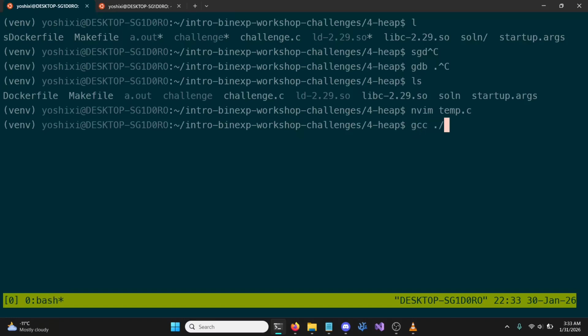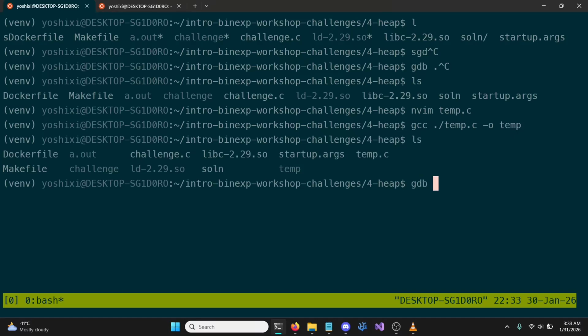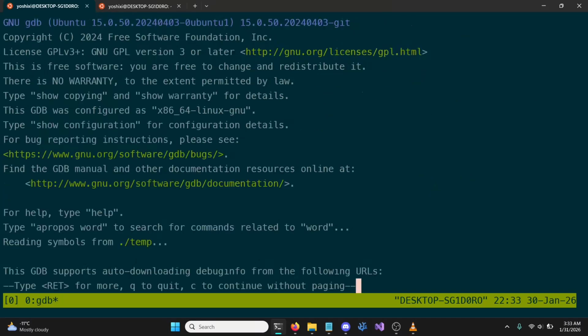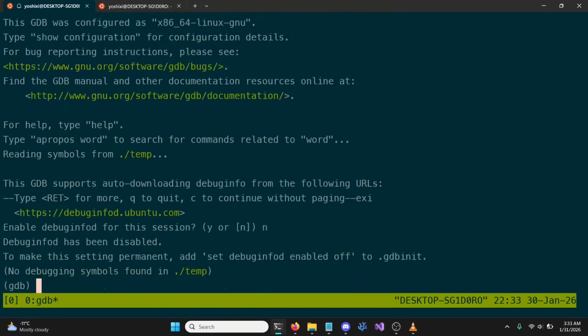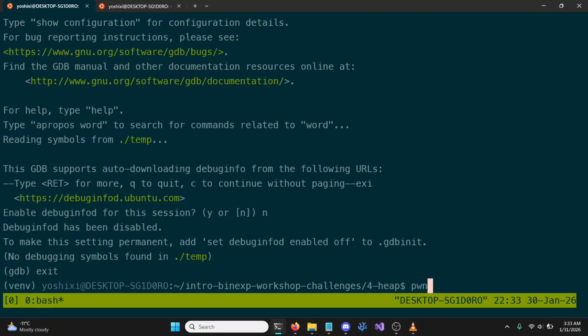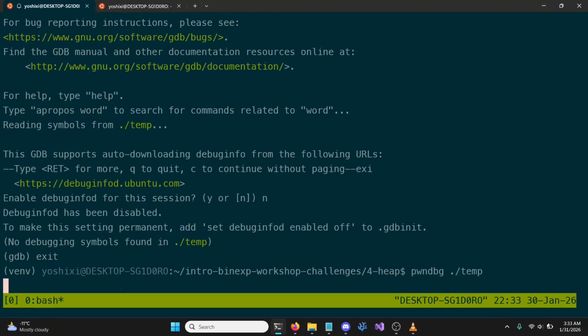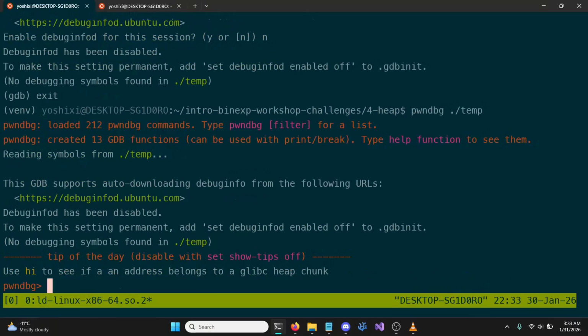I'm going to gcc temp.c temp. Okay, so let's go into temp. I don't want to use GDB, temp. Okay,